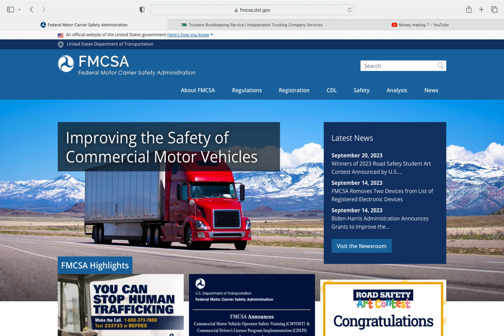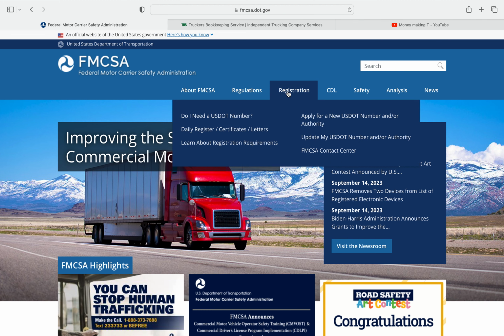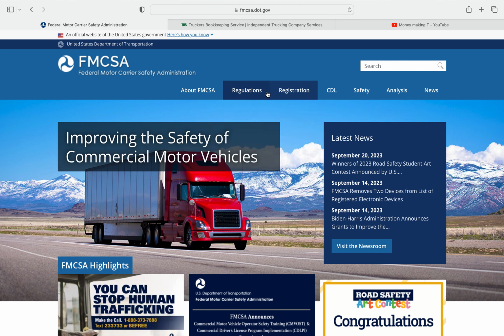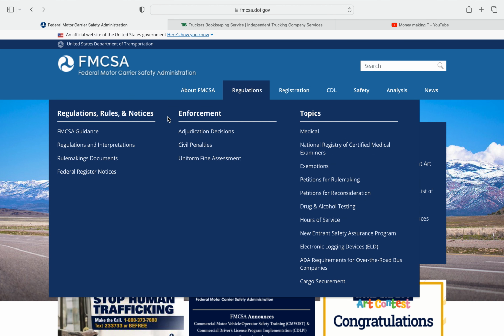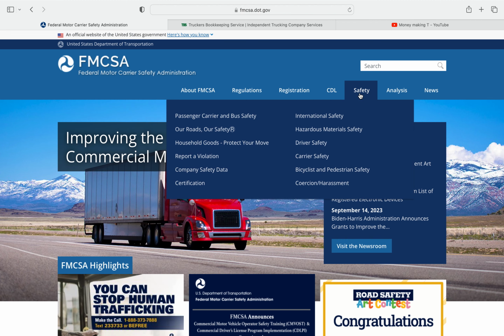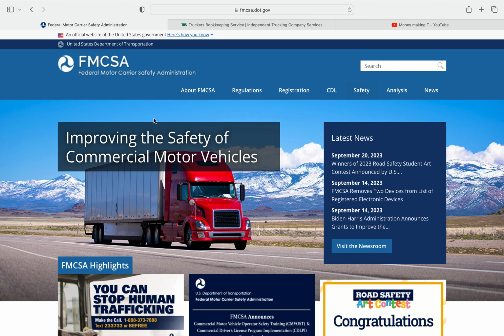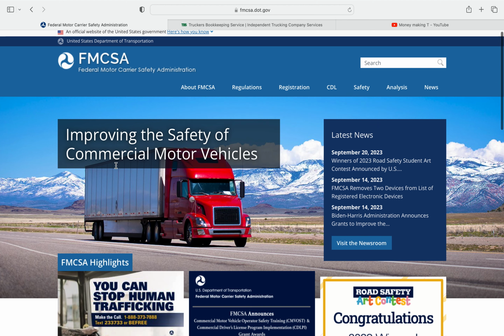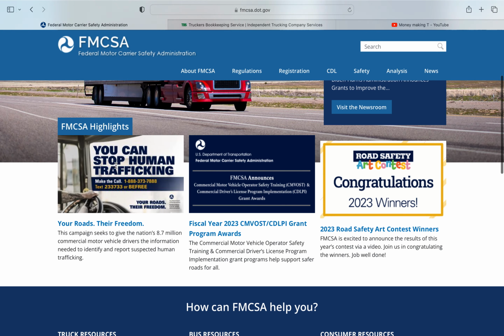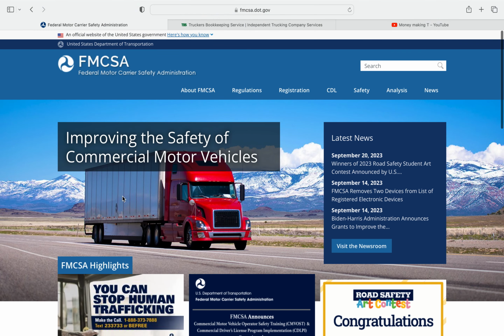The government agency in charge of this is called the FMCSA. Right now we're on their page. As you can see, there are a couple of different things on here where you can find what you may need. It tells you different regulations, the guidance for different stuff, how to get your CDL, how to stay safe on the road. Just a bunch of different information on this page that you might want to take a look at so you can keep up with what's going on in the space in the world around us.